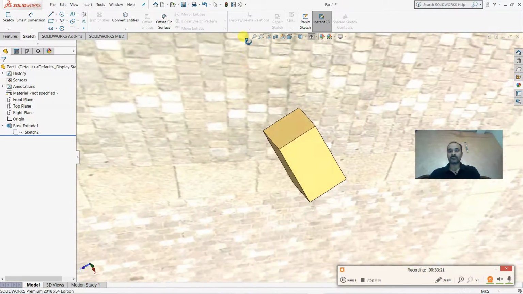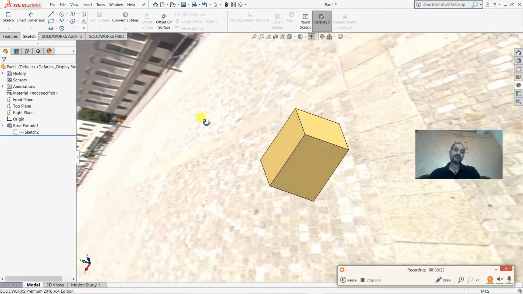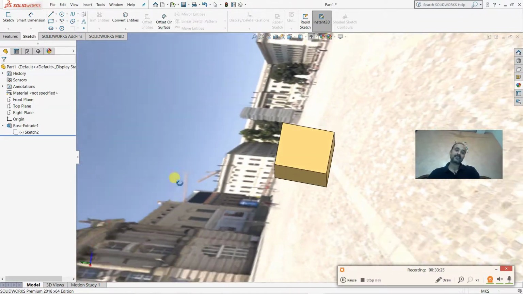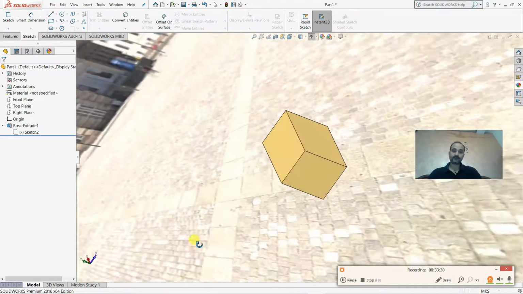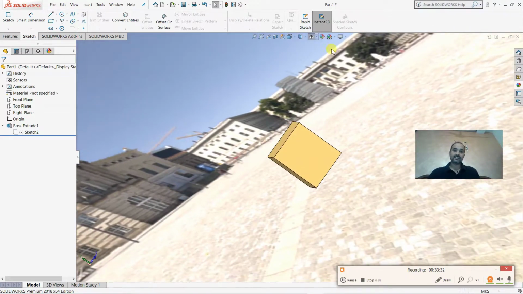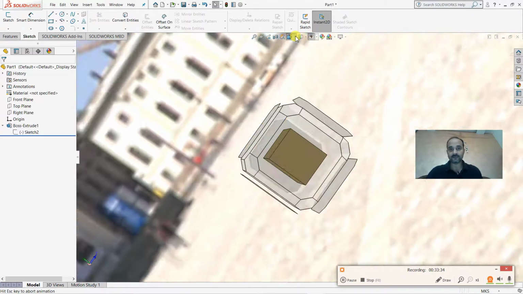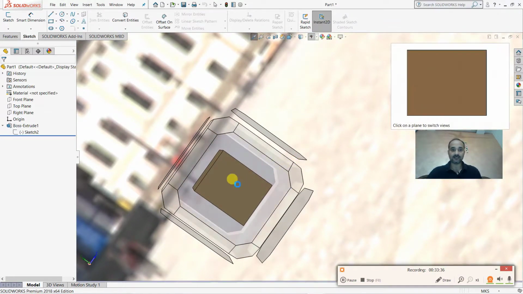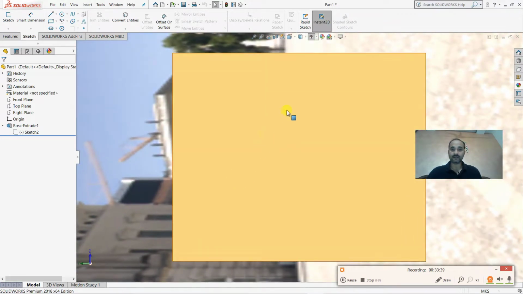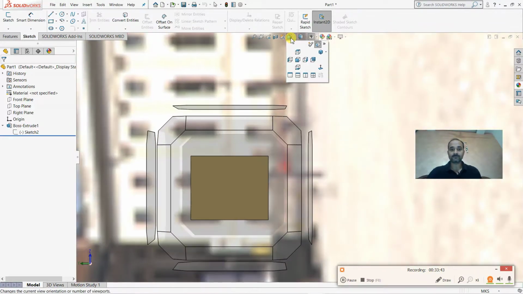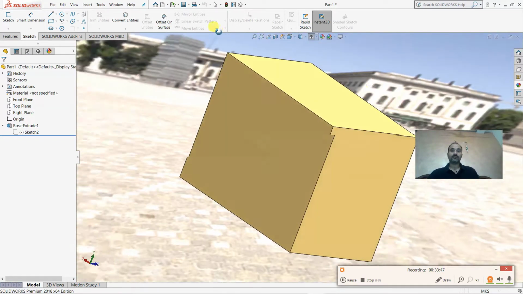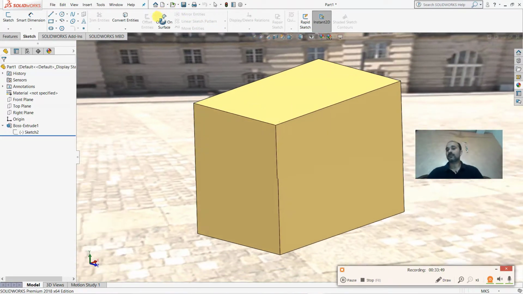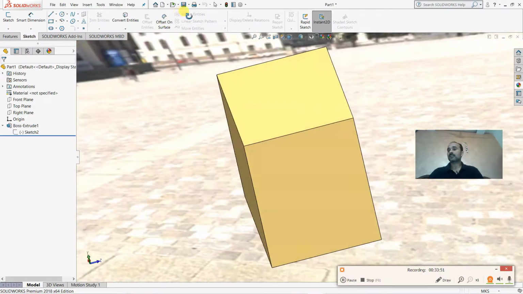It means you can see that your part is placed in some 3D space, which you can easily change from this box icon. You can click here, you can click cornered view. So this is basically how you can change the background of the part.